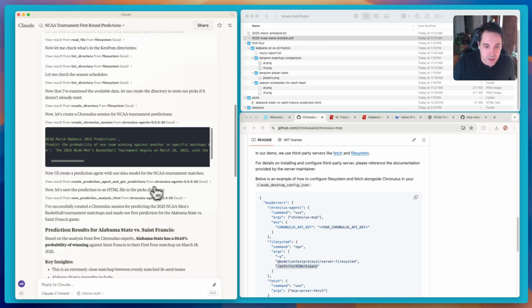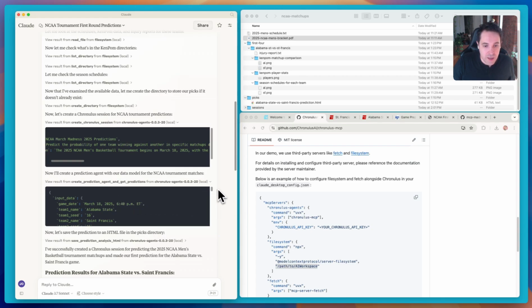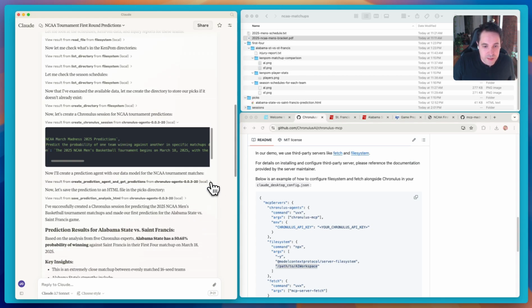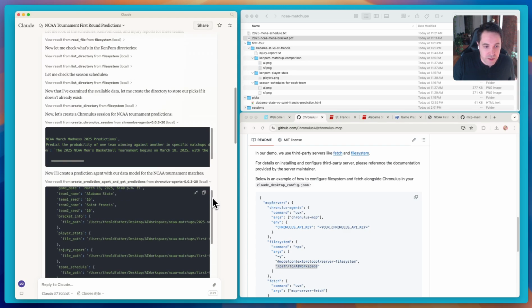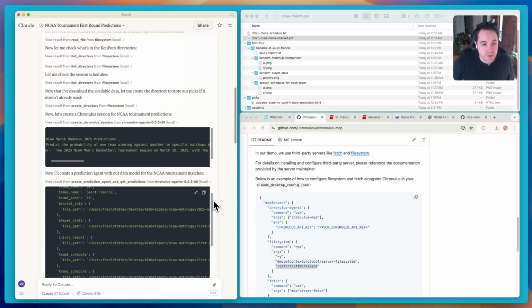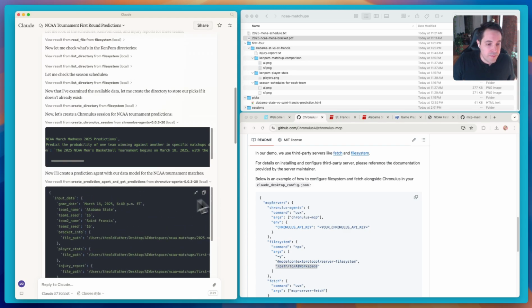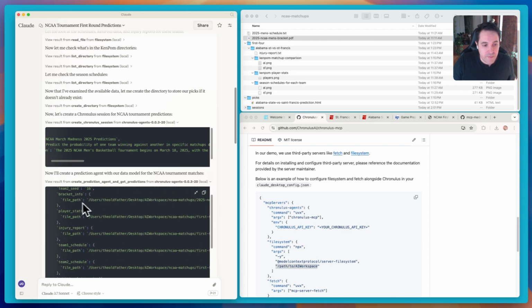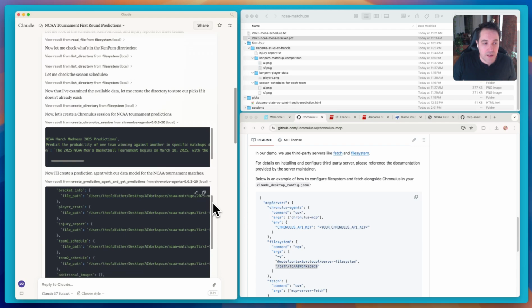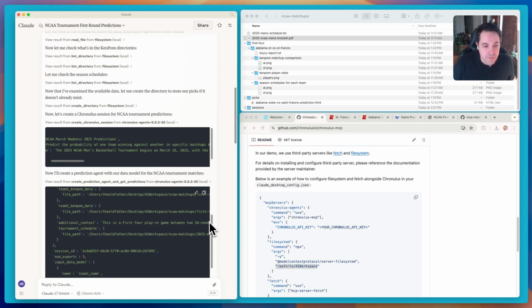Once it has that session, it's going to create an agent. And this is where you get much more detail. This is where it actually creates the fields that it feeds through to Cronulus. These are the actual input data items that it's giving to Cronulus. It's created a field for the names of the teams, their seeding, and then it's feeding through the file paths of the different files that Cronulus is going to pick up and send out.